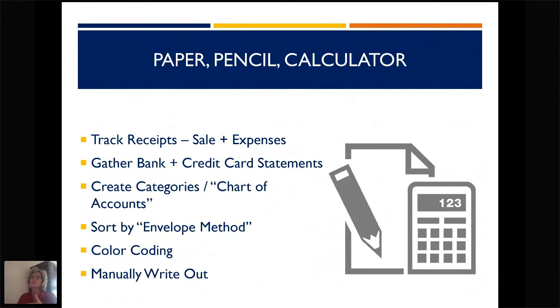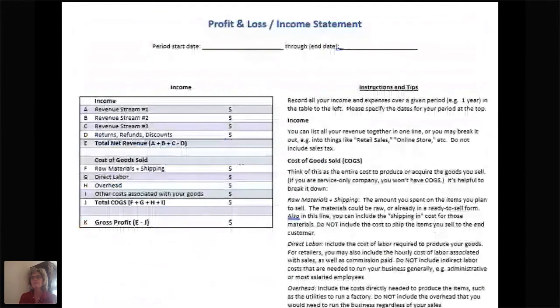So your receipts will either go into an income folder or maybe multiple expense folders. Maybe you'll color code them. Cost of goods sold might be in a yellow envelope where your operating expenses might be in a red envelope. All those things are very, very useful. Just find a system that works for you, and you're going to manually write out your income statement. So when I say manually,